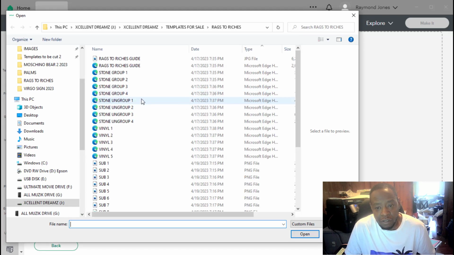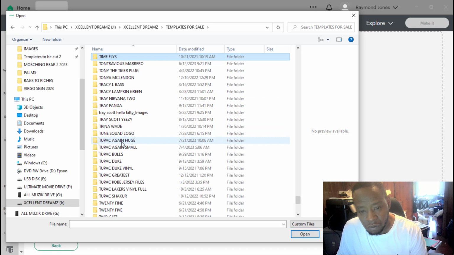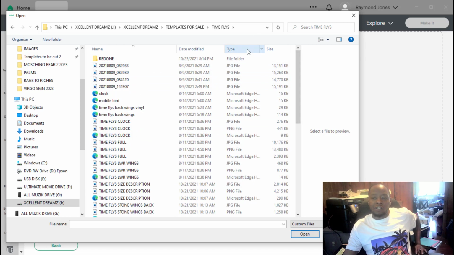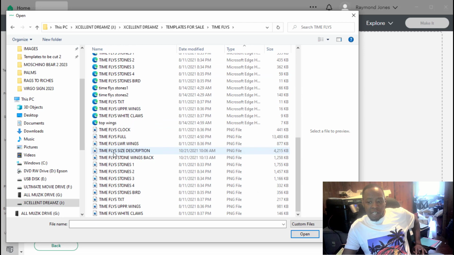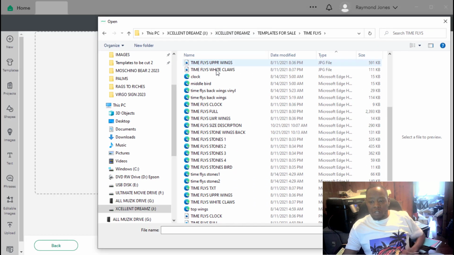Let's go to browse. And let's go to our Time Flies folder. Now inside our Time Flies, what you're mainly looking for is these files here. These are the SVG files, and when you load them up,